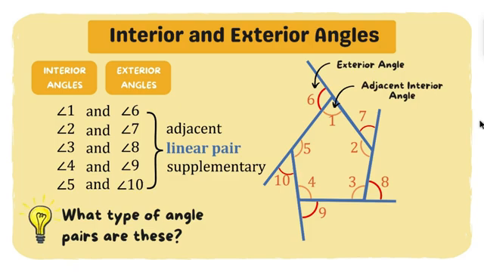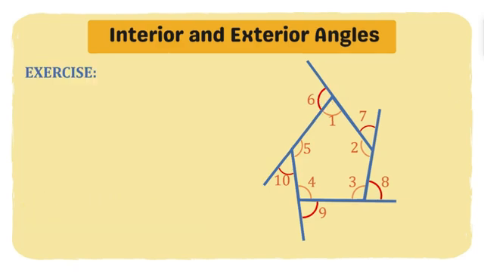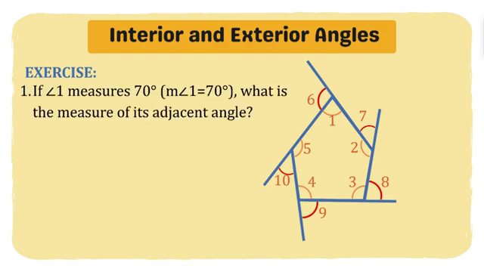Now, class, take note of these terms, no? Angle 6 here is called exterior angle. And angle 1 here will be called the adjacent interior angle. Bakit? Kasi adjacent niya si 6 at siya ay isang interior angle. Now, to practice, let's have an exercise. Okay, first is,